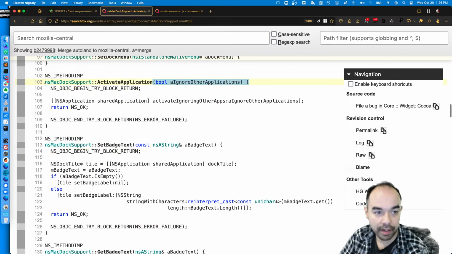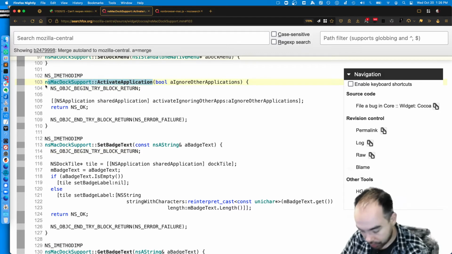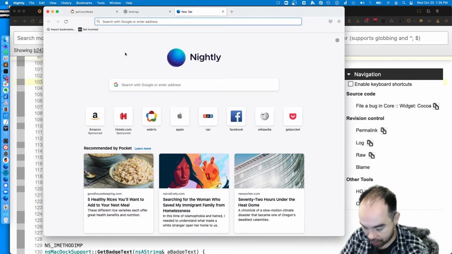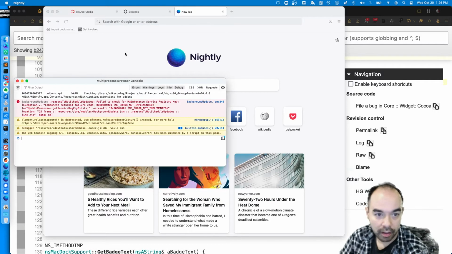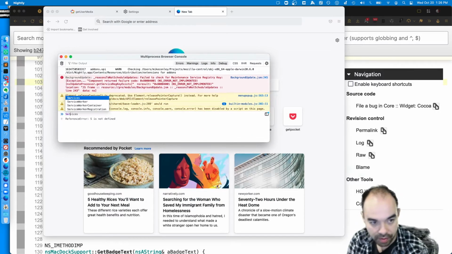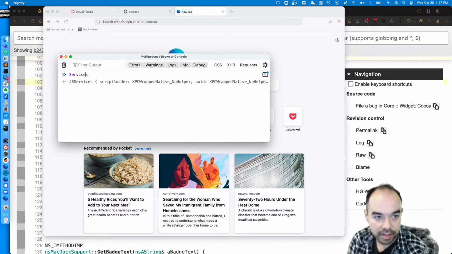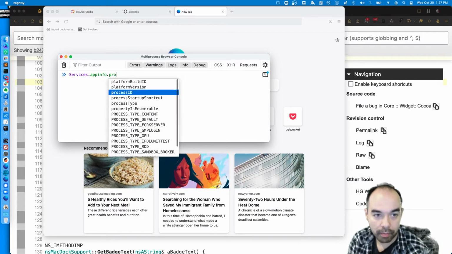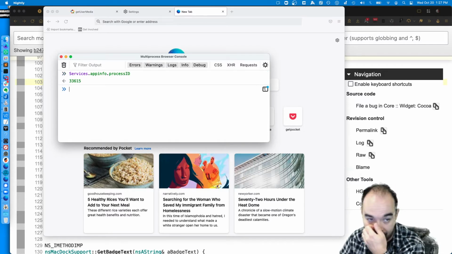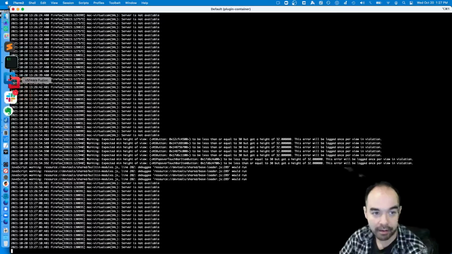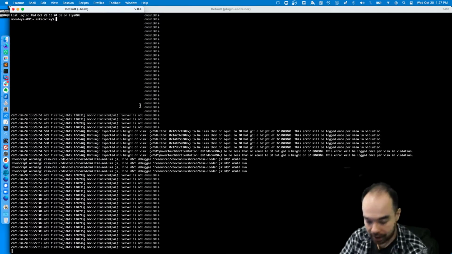Let's see if we enter here. And the way we're going to do that is by using a debugger. So we have our living instance of Firefox here. I'm going to show you a trick. I'm going to open up the browser console and I'm going to say Services.appinfo.processID, and that tells me what the process ID is of this instance of Firefox. The parent process is 33615. So now let us open up a terminal,